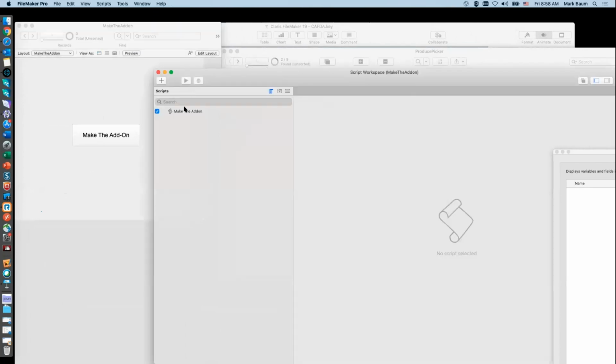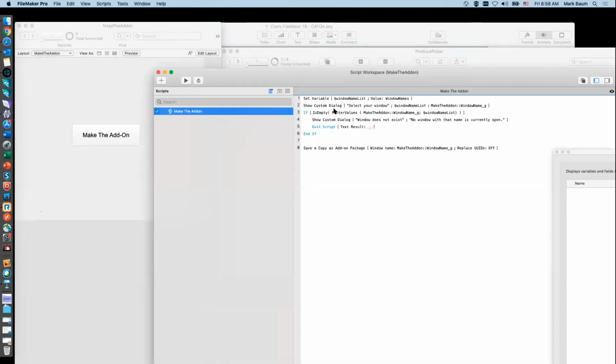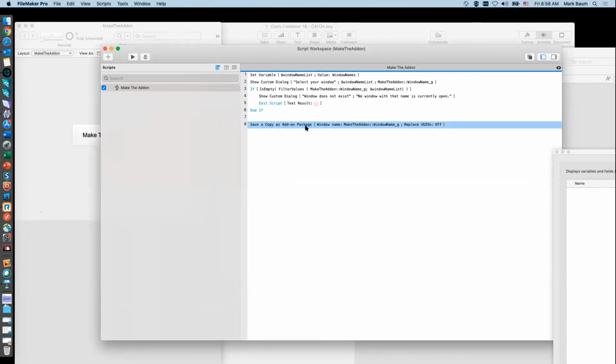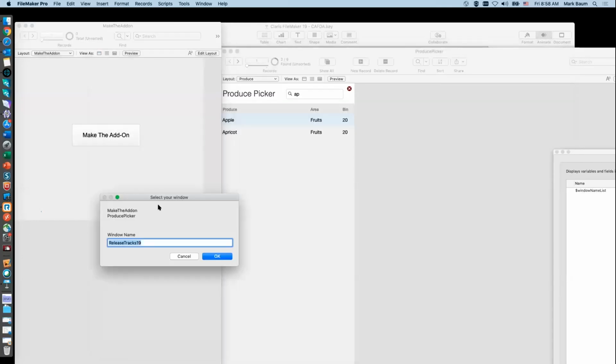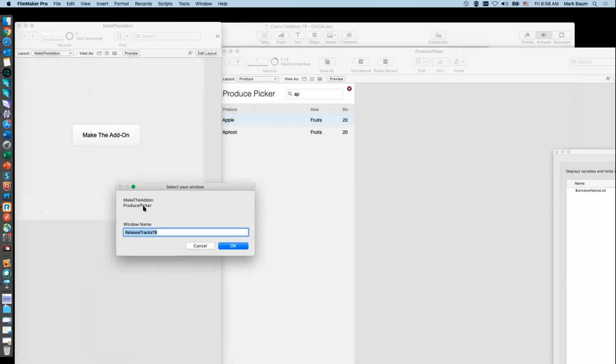And it's really simple. All it does is it asks me the window name that I want to identify, and then it runs that one script step, identifying the window. And for the moment, I'm not replacing UUIDs. So I click this, and it tells me what windows I have open across multiple files, right? It's not just the one file that I'm in. And I'm going to say produce picker,